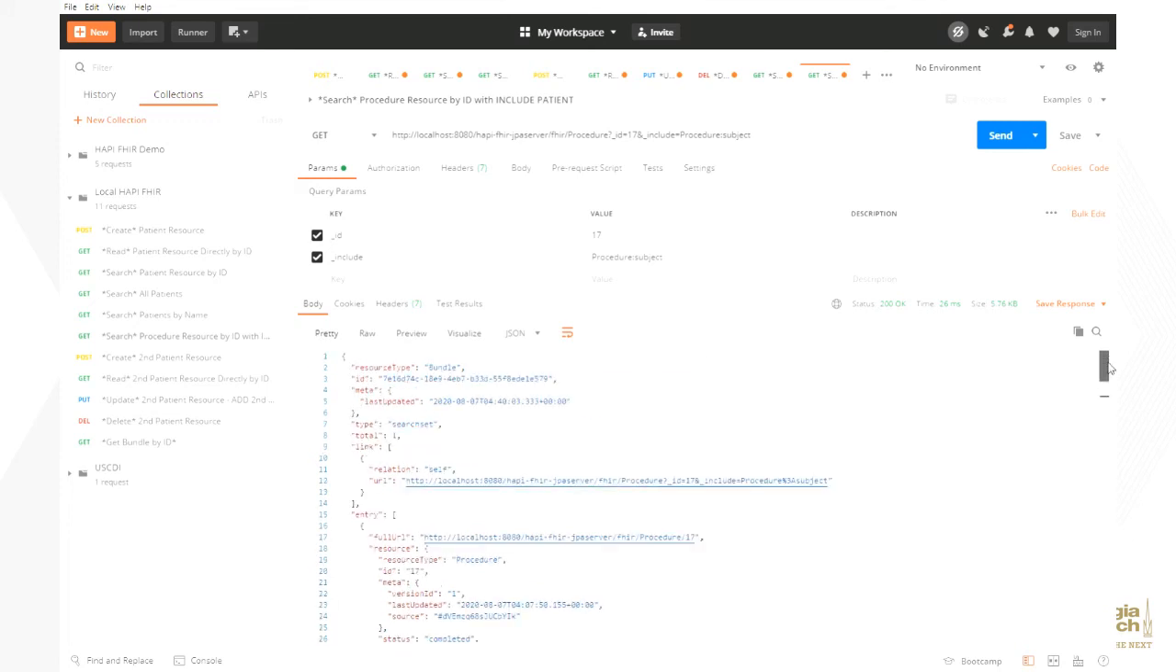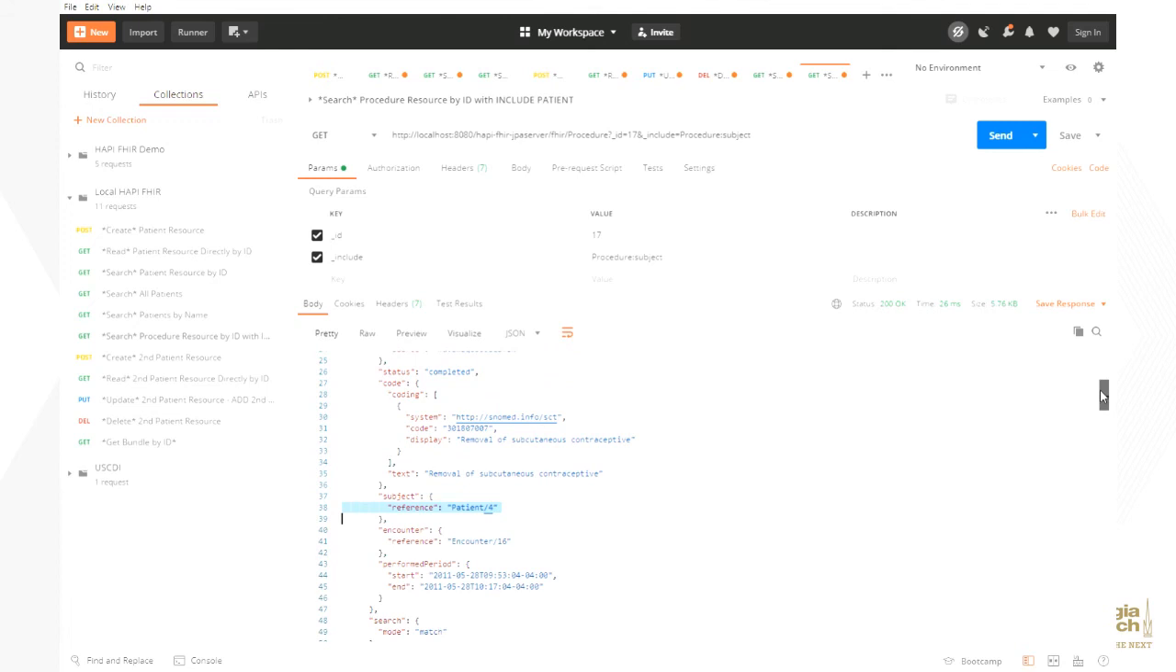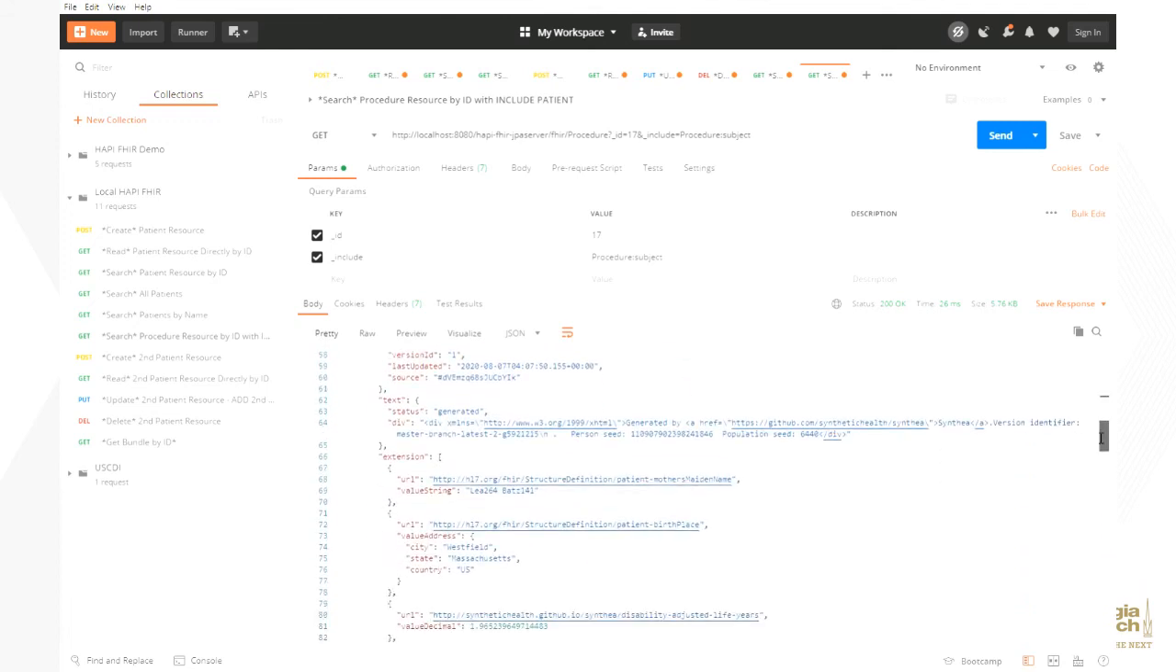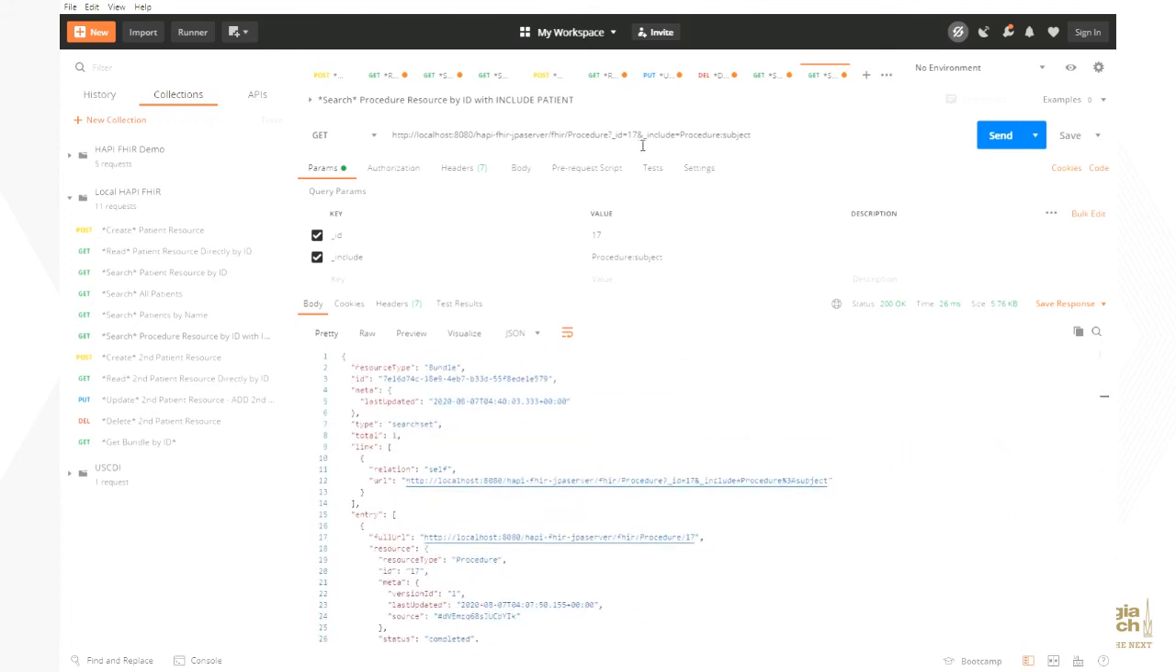So what this does, this obviously allows you to search for specific procedures and return the subject of those procedures or any other reference resource. So if you want to search for a specific patient and you want to return that patient as well as their primary care physician, or if you want to search for a series of procedures and bring back a whole list of patients that have undergone these procedures, such as you were searching by a LOINC code or any other coding system or